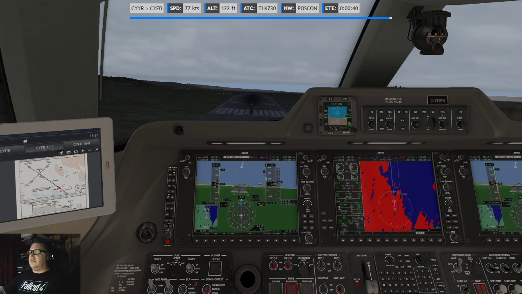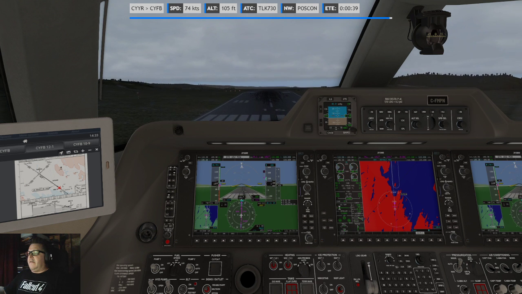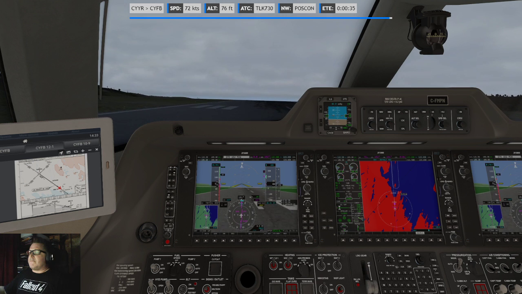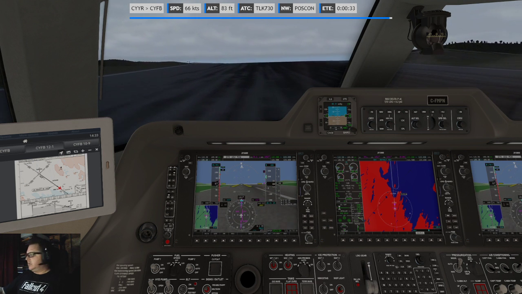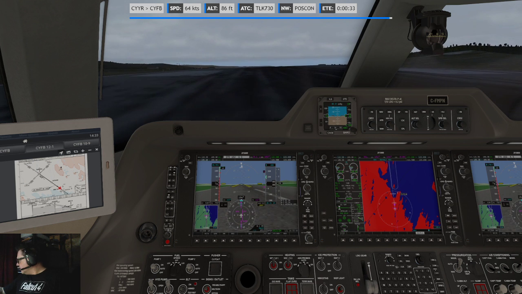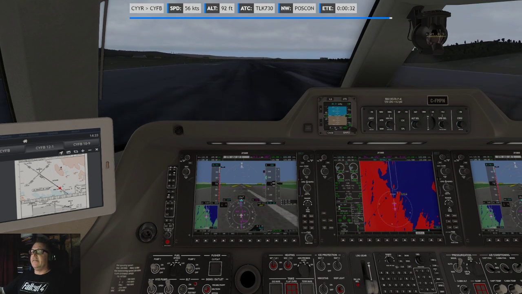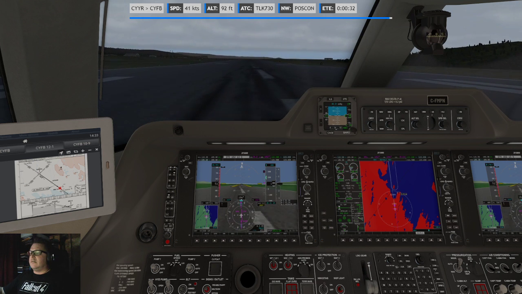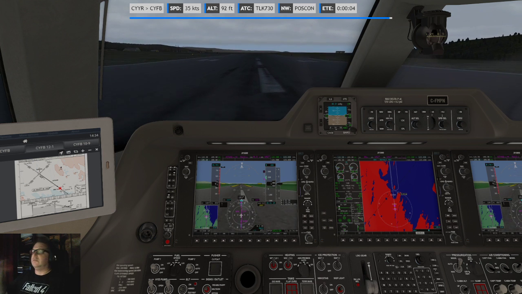All right. That's a rough one, but damn. 341. Those winds, man. Ugh. We're down.